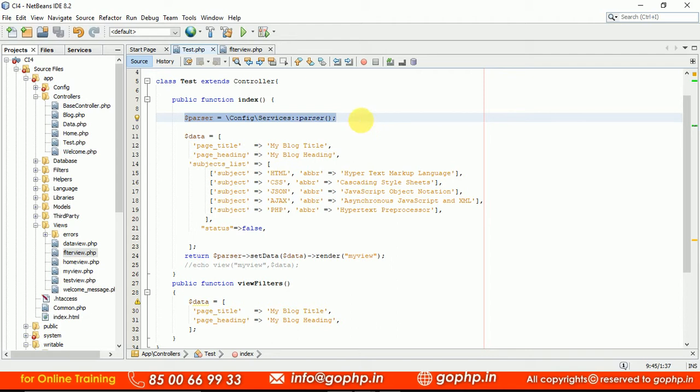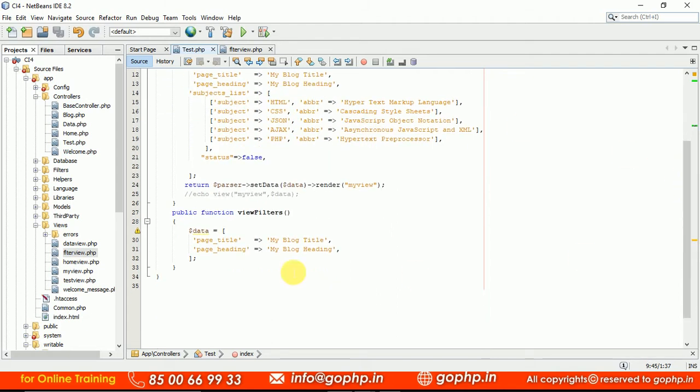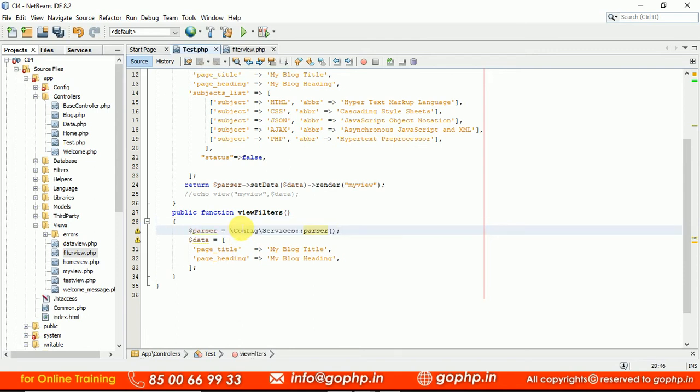Right now I'm not doing anything, so I'm just going to create the instance again inside this. But for example, if you have 10 to 15 methods, will you do the same job every time? In 10 to 15 methods, will you create the instance of the parser object? It's not correct. At the end of the session, I will tell you how we can load this instance in one place and reuse it in all the places where we want. That is nothing but using a constructor, we can achieve this task. Wait for a minute, I will discuss it at the end, guys.